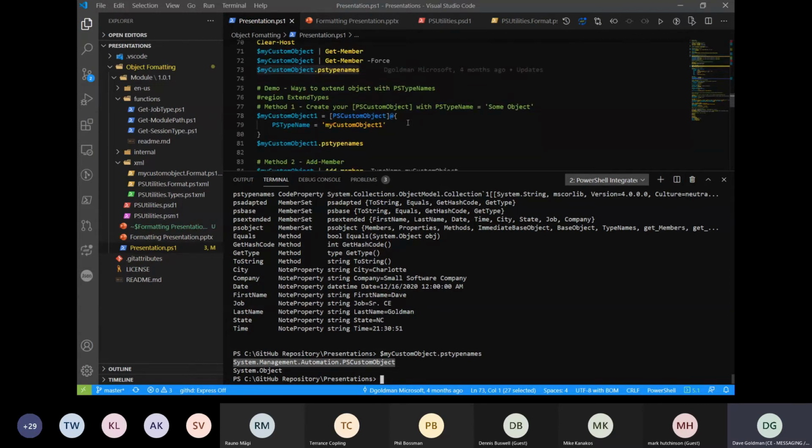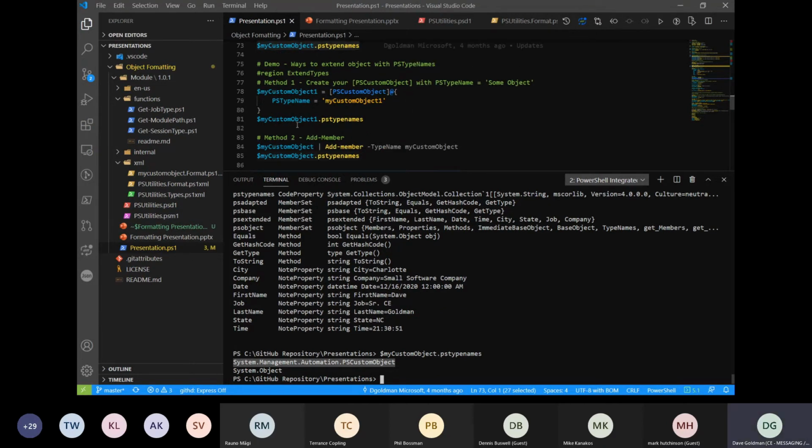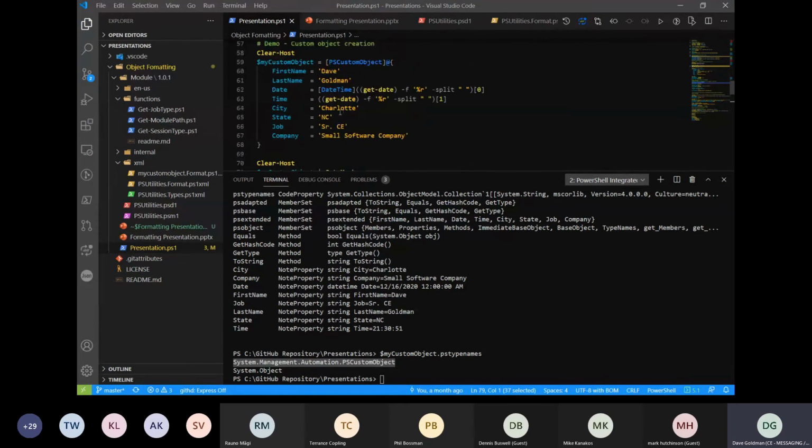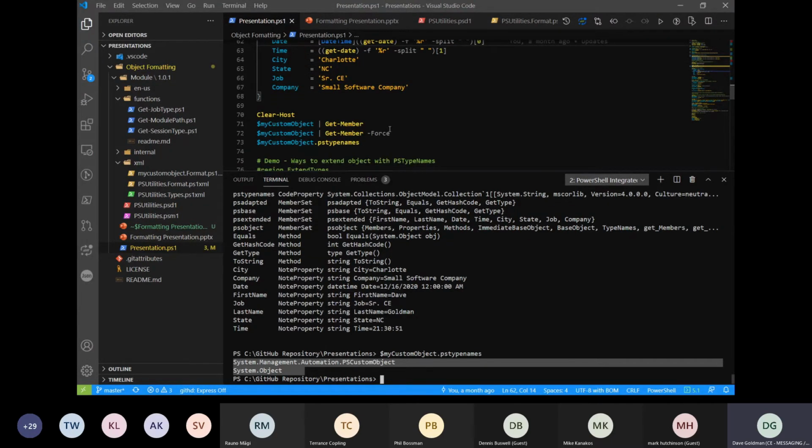So how do we actually extend this to get this ready to create our own view? There are 3 ways to do this. If I create a custom object, you'll notice up here, I did not on purpose add a PS type name. So if you notice down here, this object just has its PS custom object, doesn't have anything custom about it.